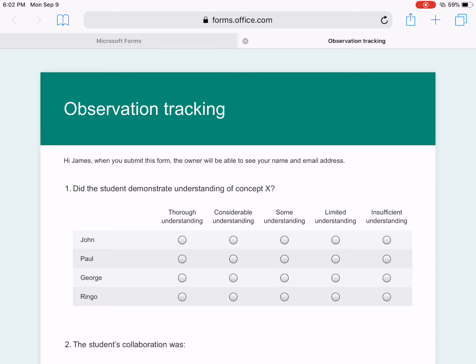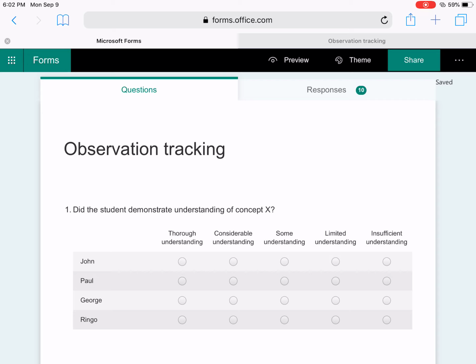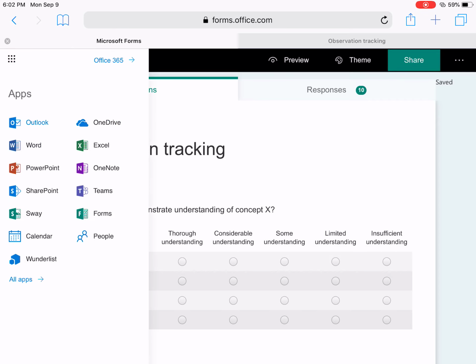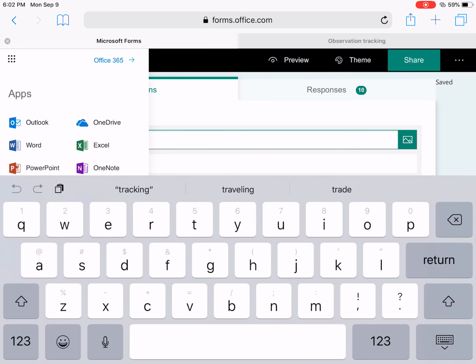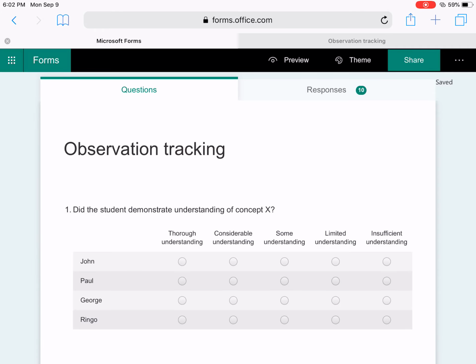I think you're looking for quick notations, things that allow you to move effectively from student to student, but also allow you to actually take meaningful notes in some way. So I've been thinking about this. Attached to our Outlook accounts is a tool called Forms, and what this allows us to do is to create surveys that we